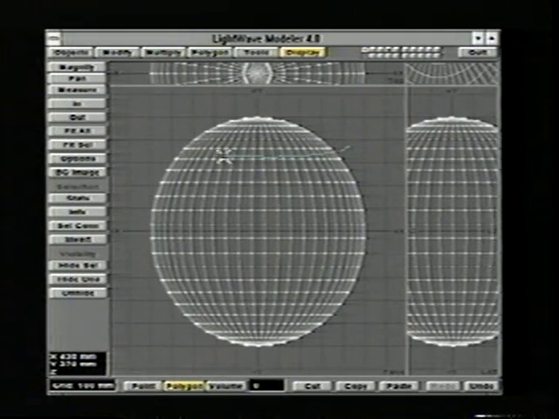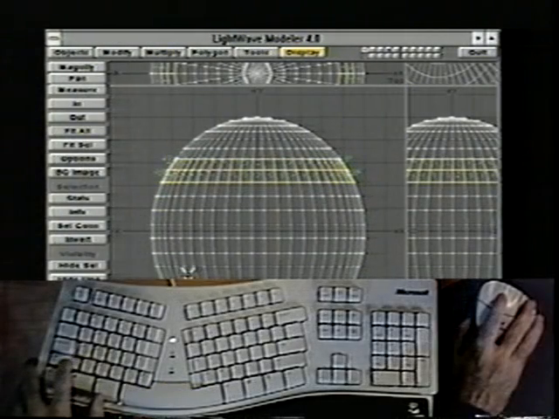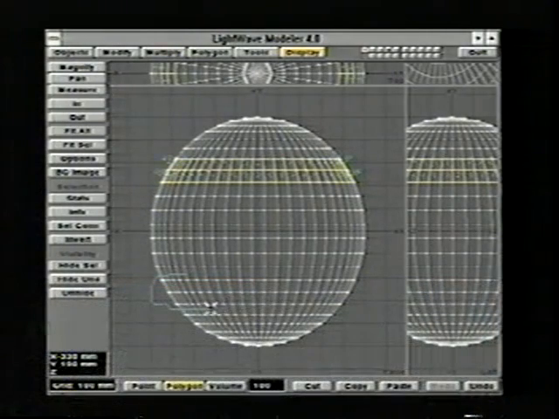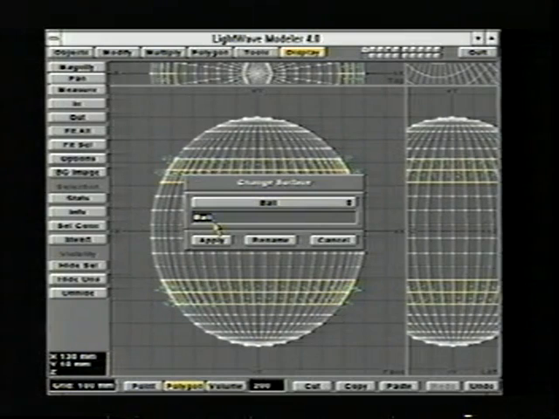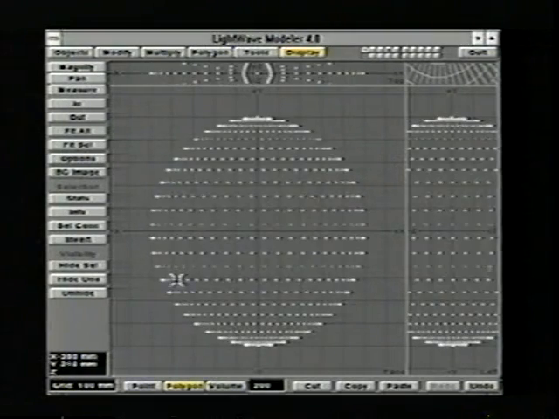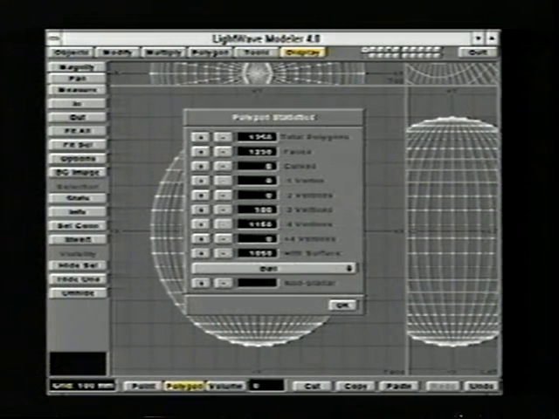I'm going to go through and circle those polygons, hold down the shift key, go through and circle these polygons. Okay, I have all of these selected. I'm going to hit Q to bring up the surface requester, and let's change this surface to ball stripe. Notice that I can use spaces, punctuation here, it doesn't matter. I'm going to hit apply, and now if I go and look at the polygon statistics by hitting W,